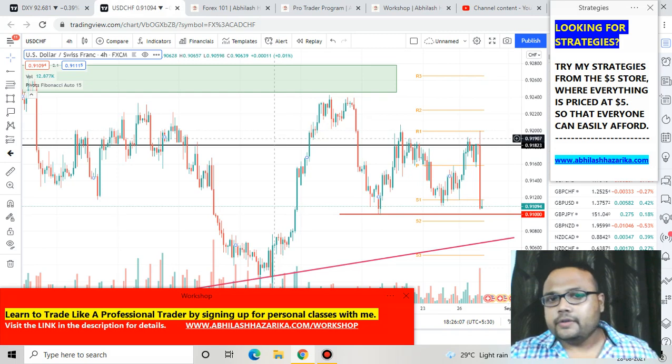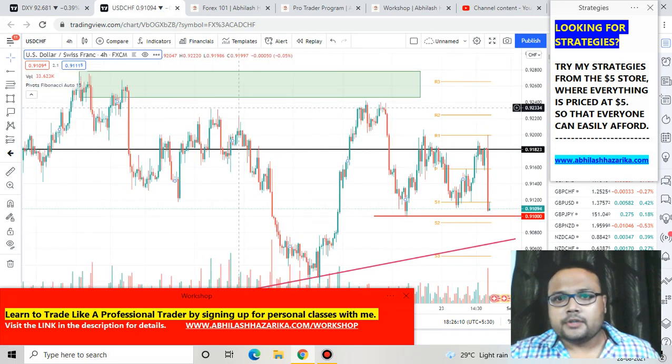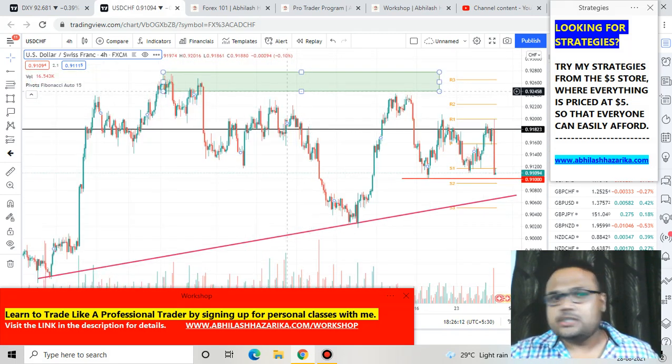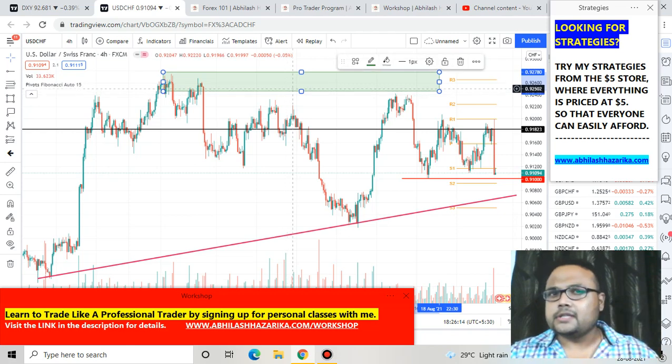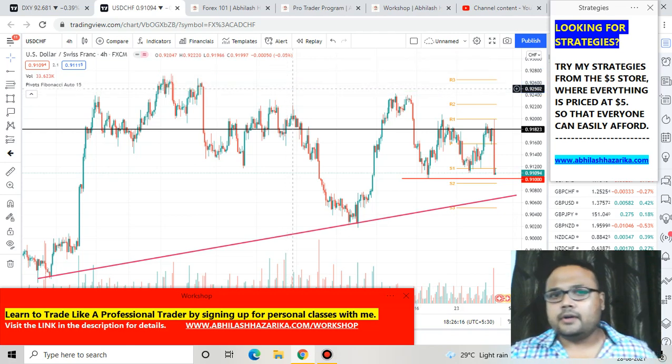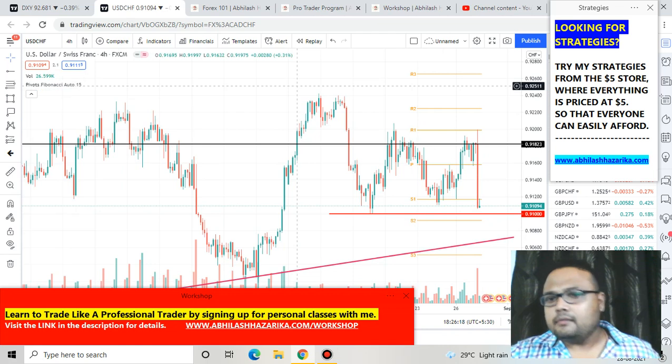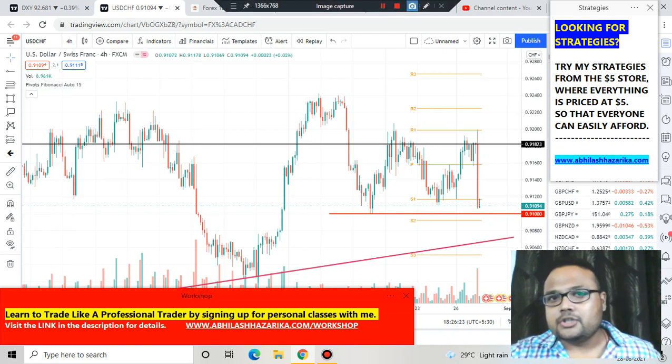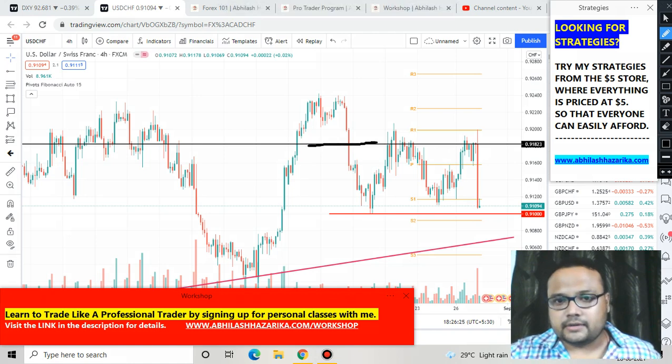So this is the chart of USDCHF in front of us right now. This is a resistance on the chart, and we do not need this resistance on Monday, so let me remove it. The main level, the most important price level on the chart of USDCHF, is this black line,